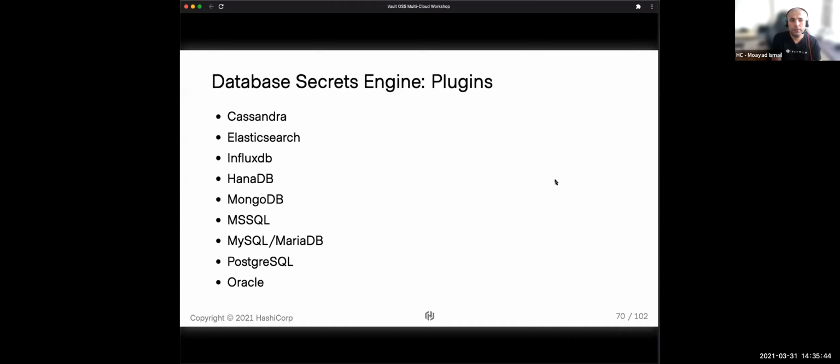The plugins we support for the database secret engine are many. As you can see, this is a list, and Couchbase is not there. We're continuously adding to this, and it's growing continuously. I can be almost certain that you would be running one of these databases in your environment, and the question is about credentials: how do we make them accessible, not for administrators, but for applications and scripts? How do we enable that and provide short-lived secrets? This is definitely one way of going about it.